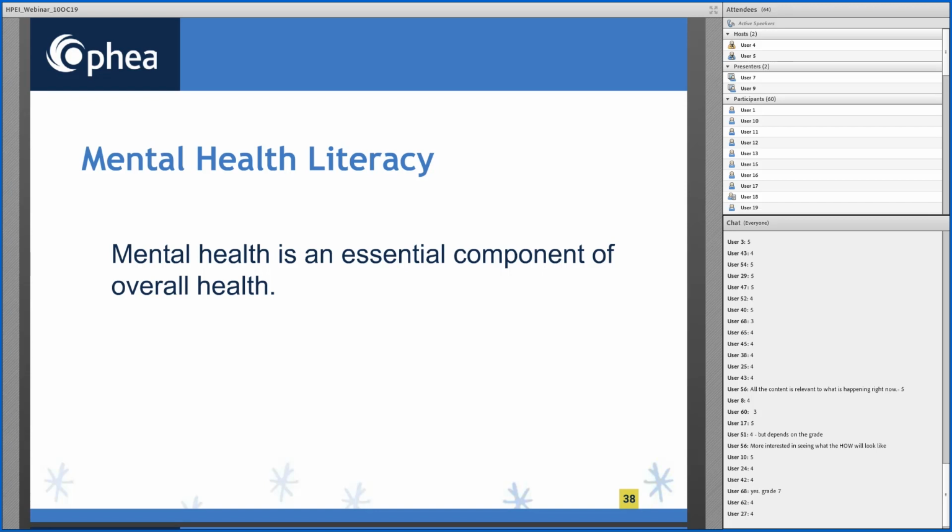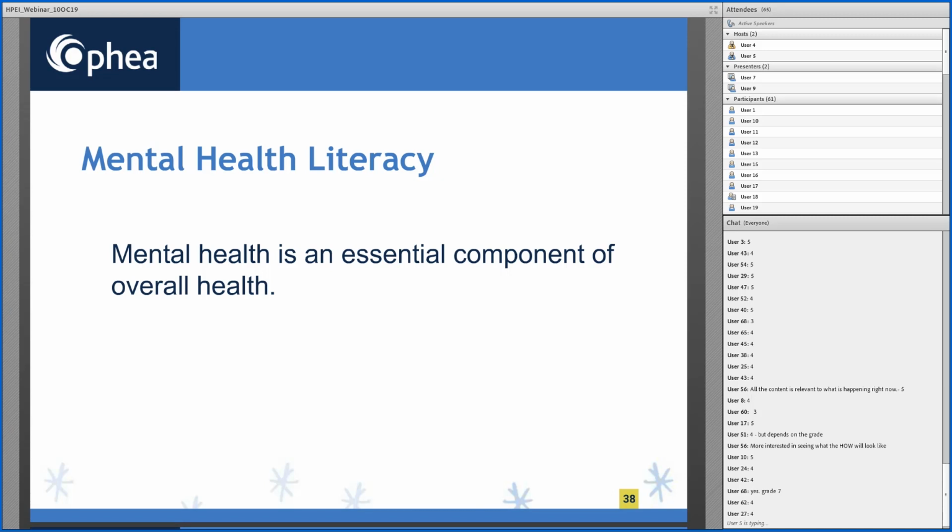So when we talk about mental health literacy, what we're really talking about, of course, is the acquiring of knowledge and skills related to mental health content, concepts, all of those things. We mentioned earlier that obviously mental health is an essential component of overall health, and statistically speaking, we know that 70% of mental health problems begin in childhood